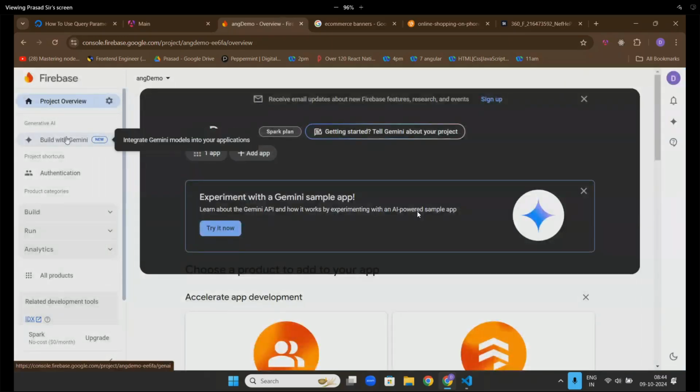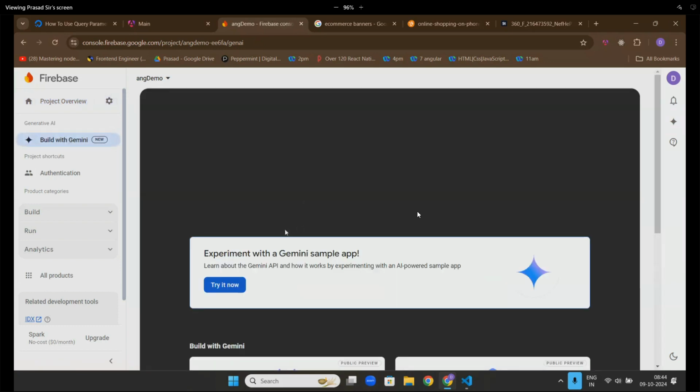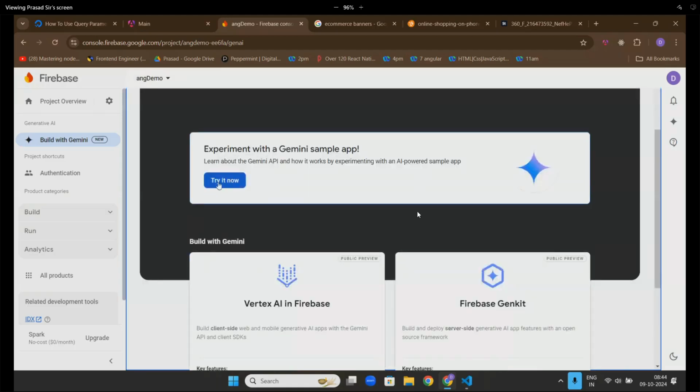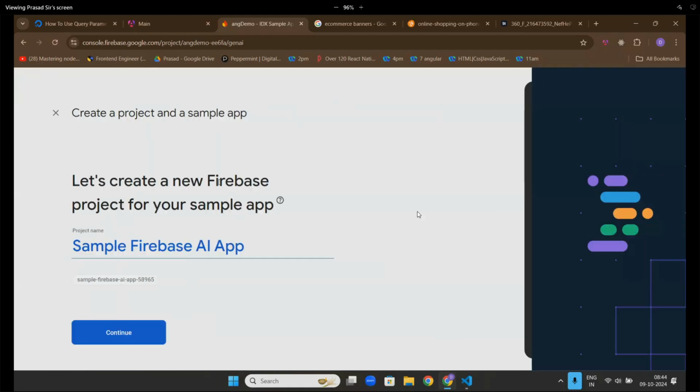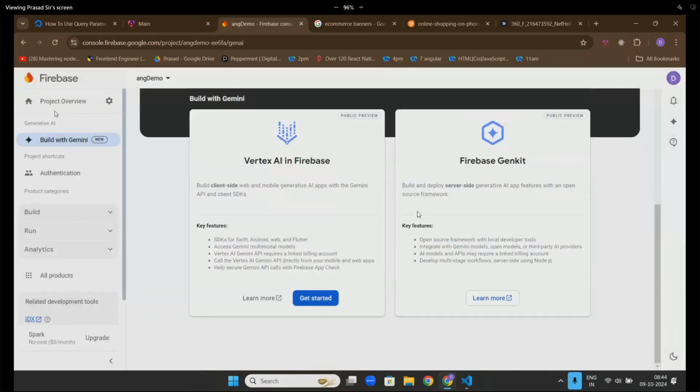Interesting point is that with Firebase, you can also use Gemini. Are you getting my point, sir? Recently, people started using Gemini. If you create one Firebase AI app, you can directly use AI, but it's a paid service now. This is not 100% free. Minimal is free, but as far as I have seen, it's a paid one only. So better not to go.